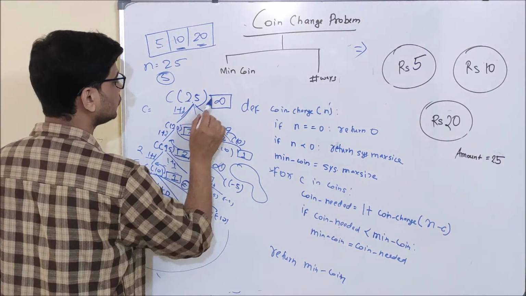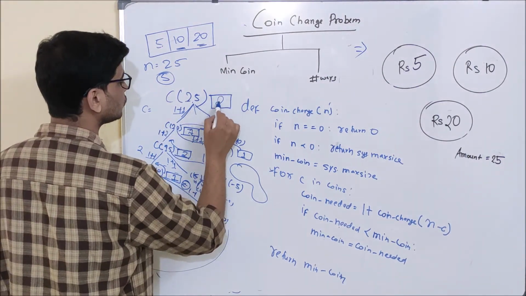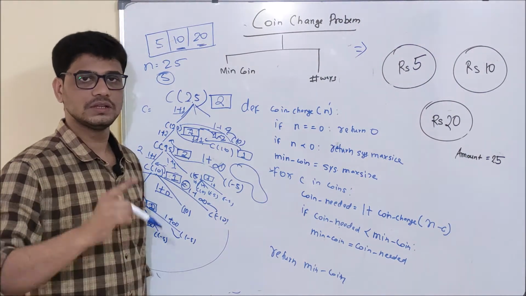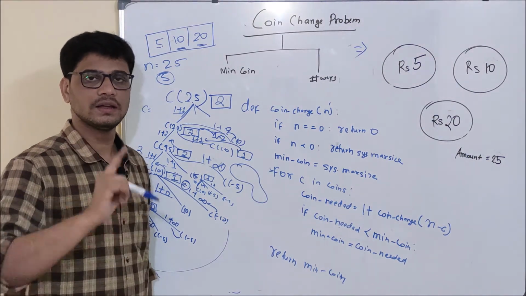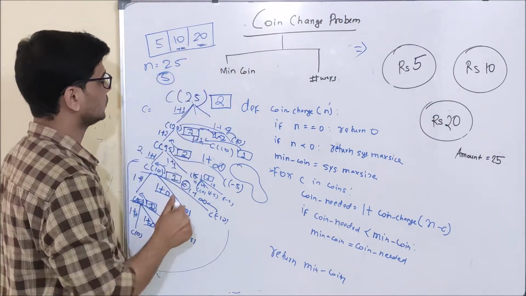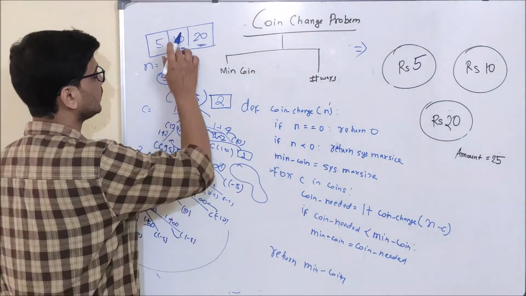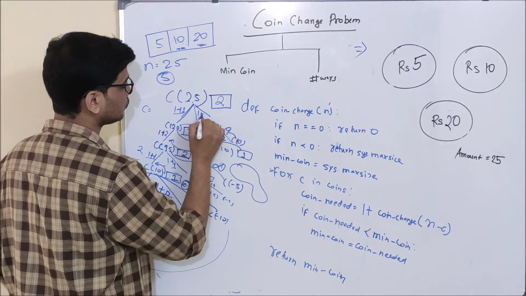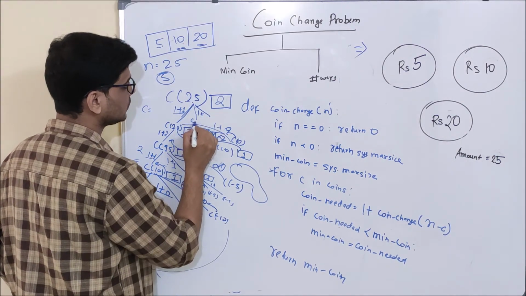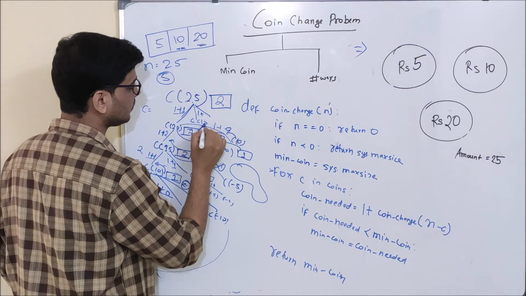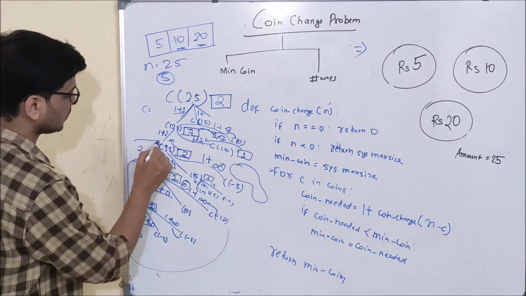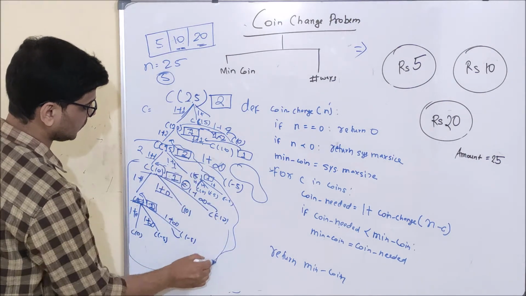So as you can see, it is 2, it is infinity. So 2 will be updated here. Now what is C of 25 going to do? C of 25 is going to try this and this. So basically C of 10 is going to try this particular coin. So 1 plus C of 15 it will call. So as you can see here, C of 15.